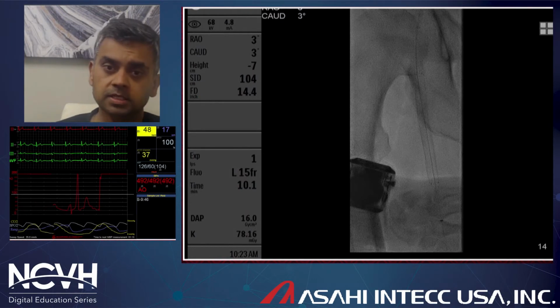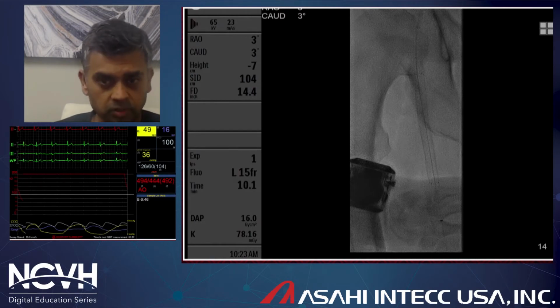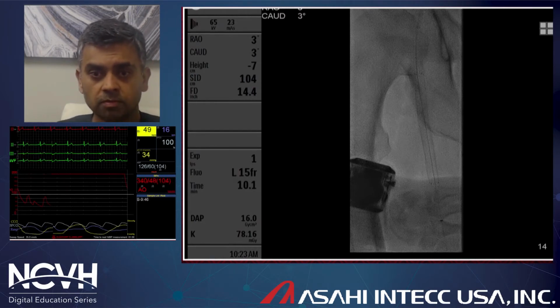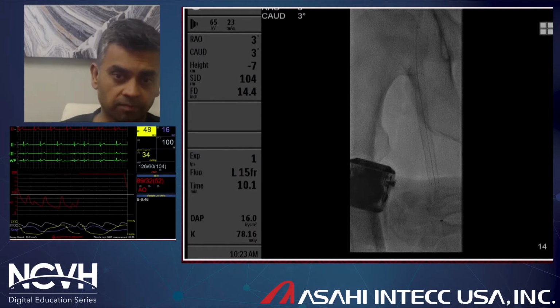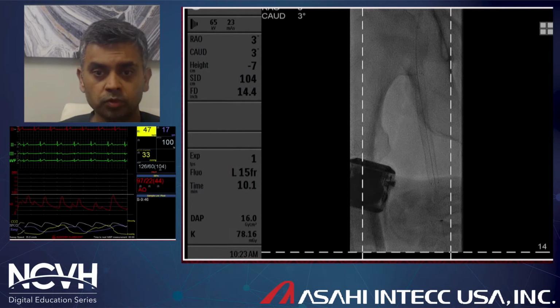In this particular case, we have a long lesion in the SFA, which is not stented, and therefore I would like not to stent it if possible. And therefore, a choice of the balloon is chosen conservatively and moved up from there. So a 4.0 balloon would be used after an atherectomy is done.